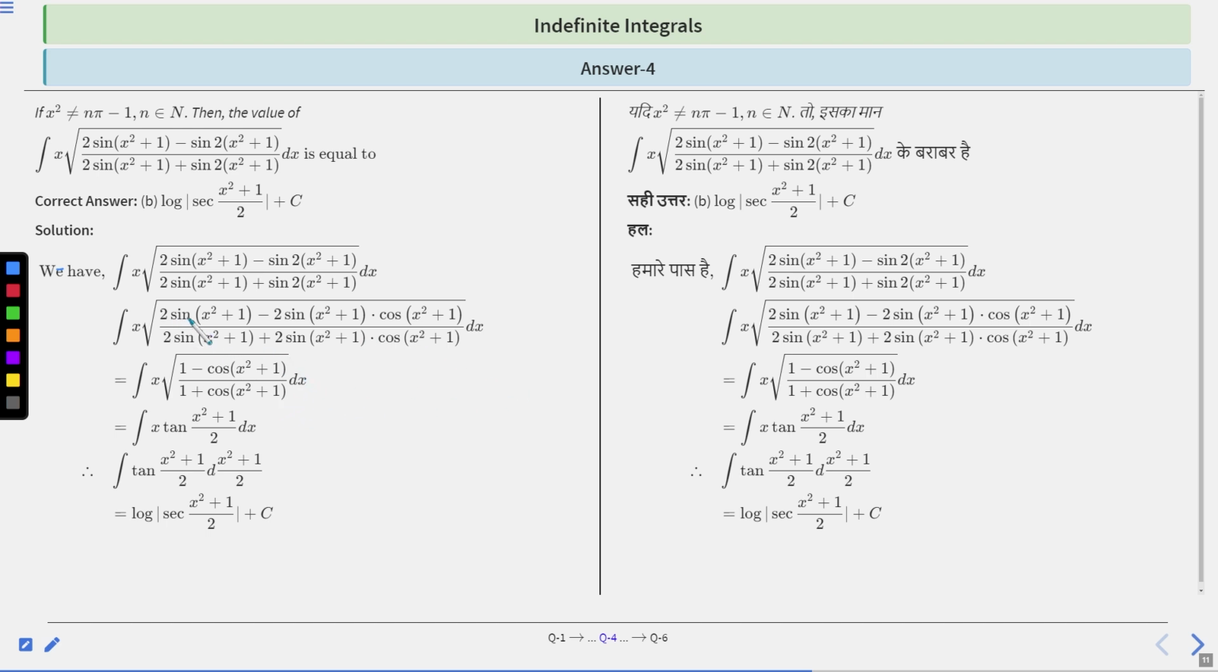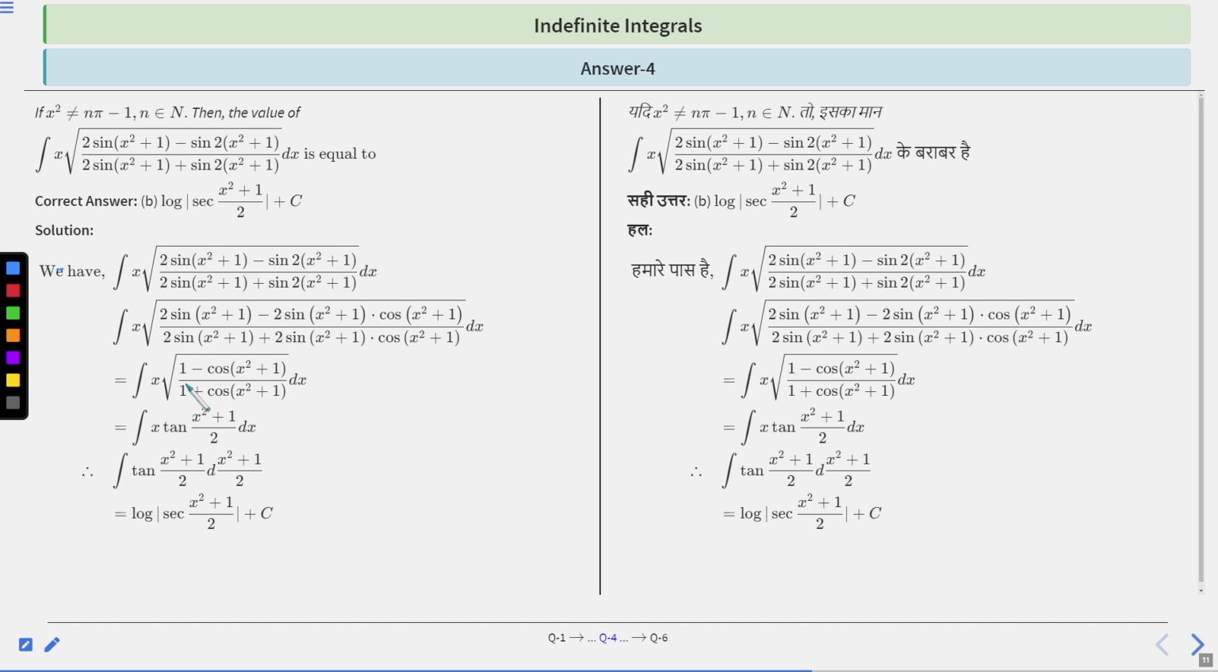Therefore you can take 2 sin(x square plus 1) as common, and it will be cancelled in the numerator and the denominator. So you are left with integration of x root over (1 minus cos(x square plus 1)) upon (1 plus cos(x square plus 1)) dx,